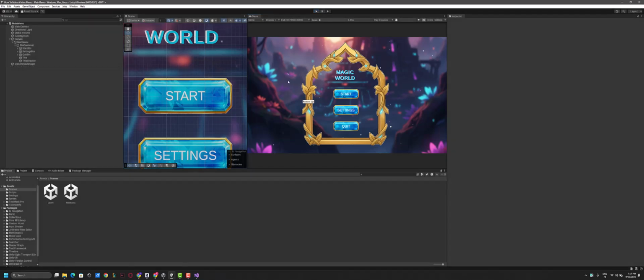Thank you for following this tutorial until now. If you want to see more about the settings menu and we get to see the volume and choosing the resolution of the screen,